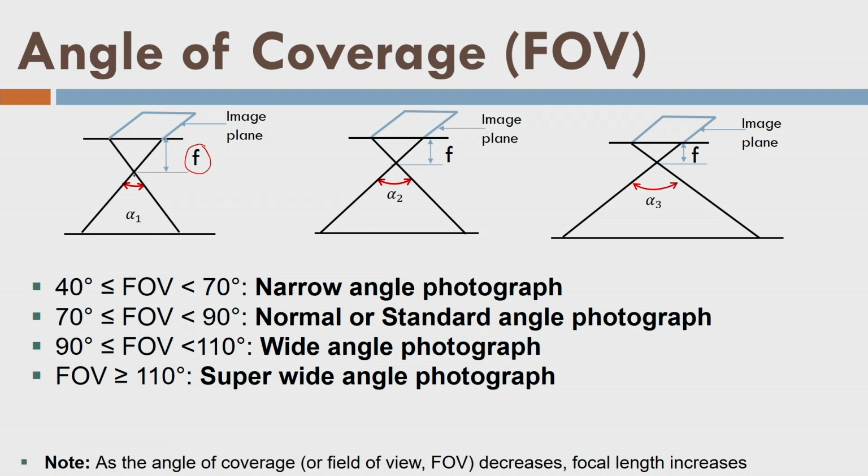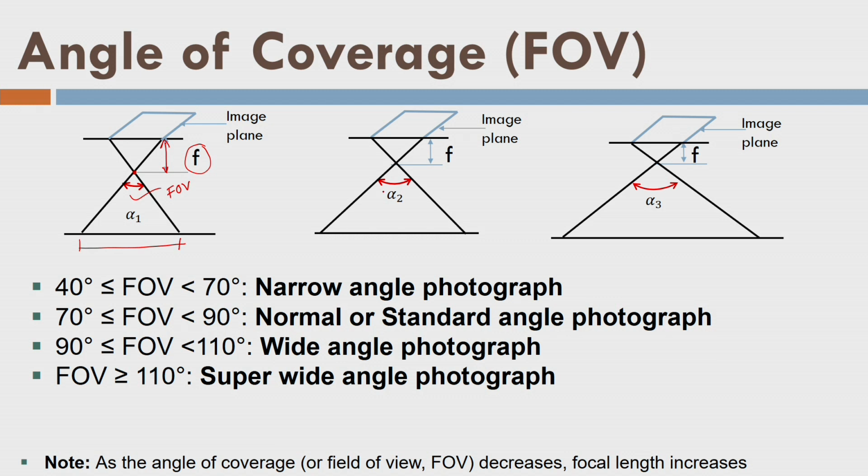So there, this is my exposure station, you see this cross. This is my focal length from here to here, f, and then this is called the field of view of the camera. This camera is going to acquire this much length, or I can say in 2 dimensions this much area. If I consider the 2 dimensions of the camera, then let us say this is the length that is being acquired by the camera. So this angle is called FOV, which is alpha 1 here, right?